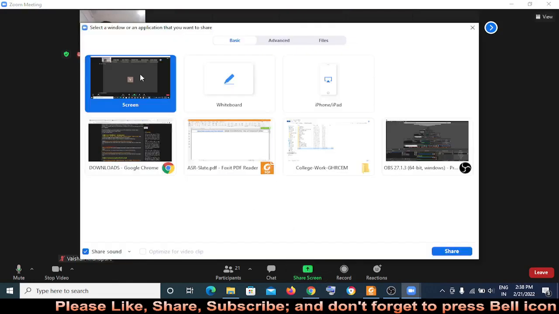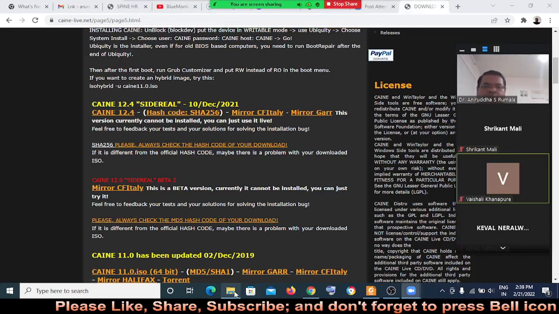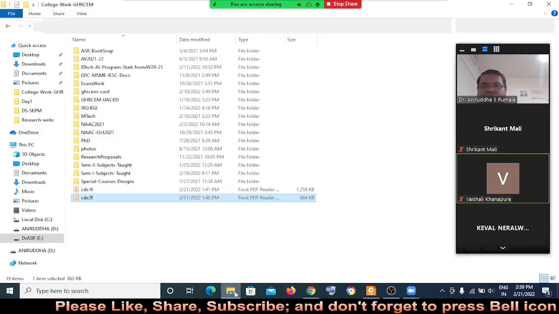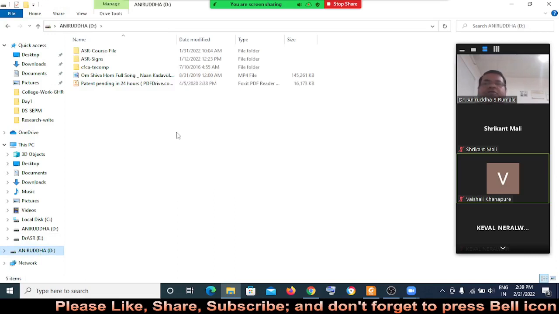I'm sharing my entire screen so that you can see what we are actually doing. Now I just insert the pen drive. These are very easy techniques that we actually use. We insert our pen drive, and it appears here, with some contents on it. By right clicking on this pen drive,